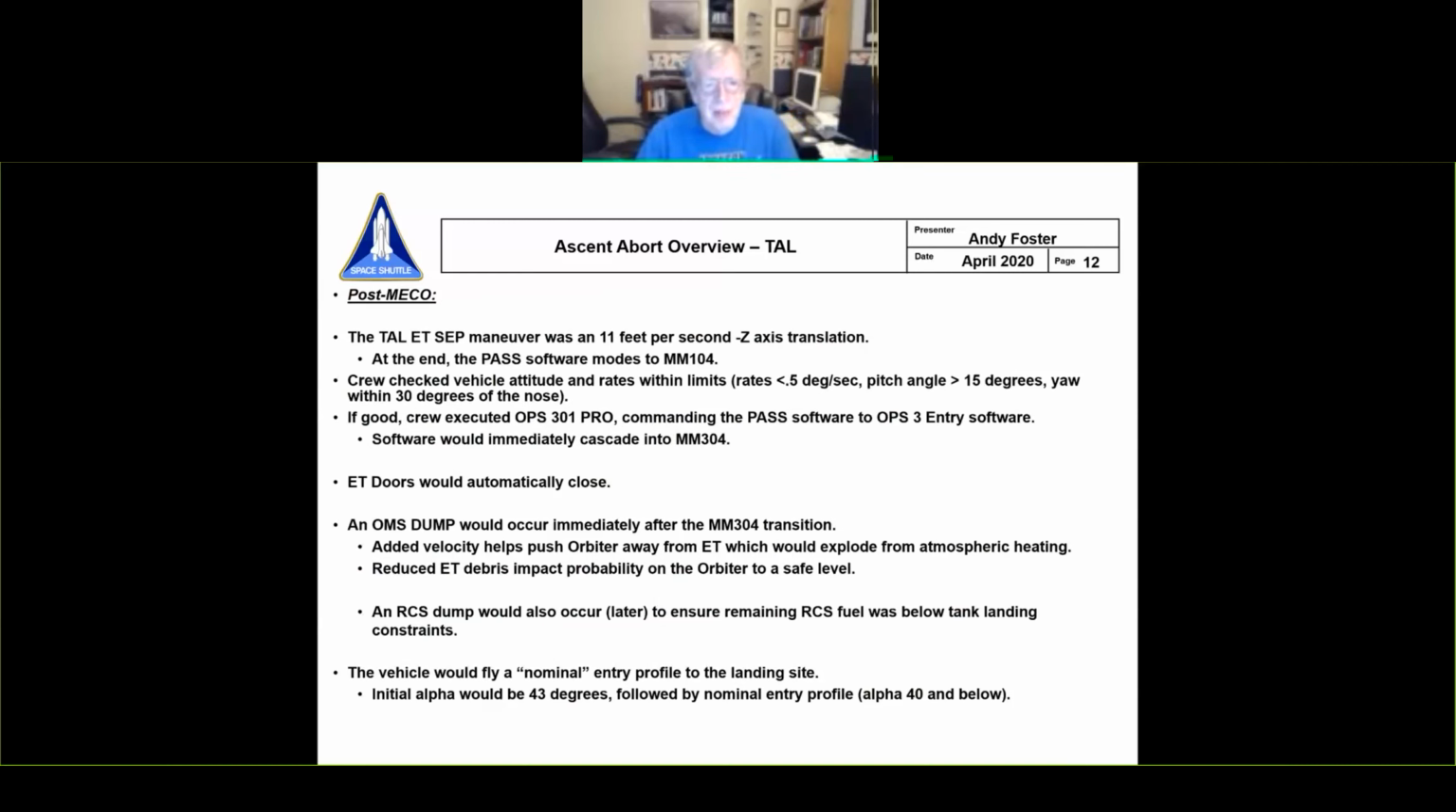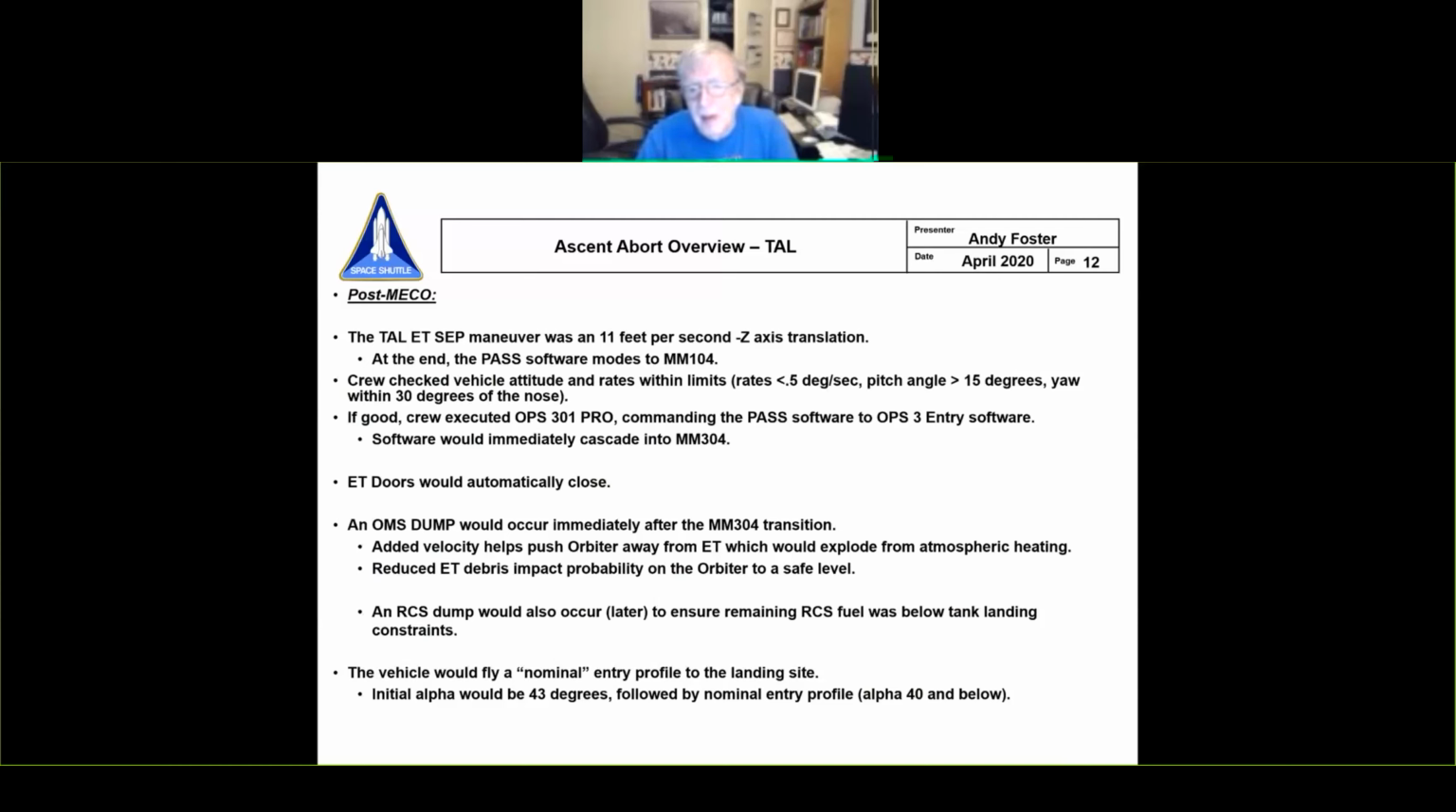So we did the ET-SEP maneuver, 11 feet per second away from the vehicle, going straight up. The PASS software mode is major mode 104, but that is an orbital mode. It doesn't have much flight control, RCS only. The crew would check their attitude, make sure that the vehicle was pointed where they wanted it pointed, and then we had low rates. And if it was good, then they would type in a command that said Ops 301 Pro to the PASS